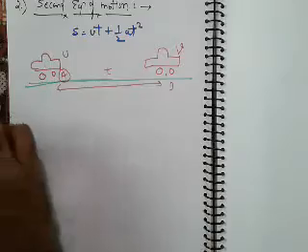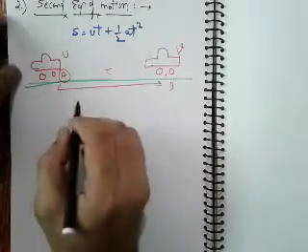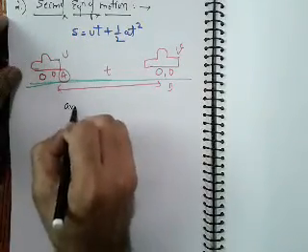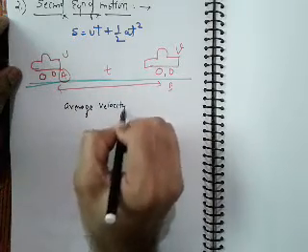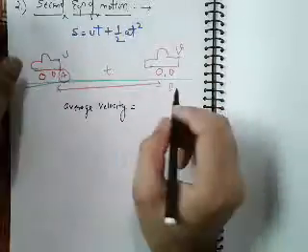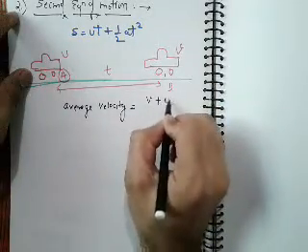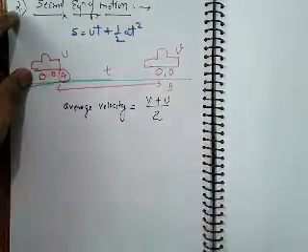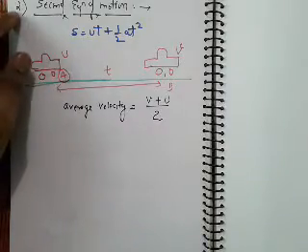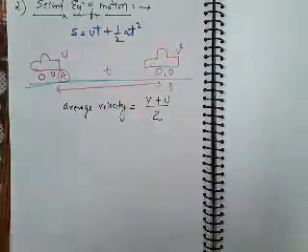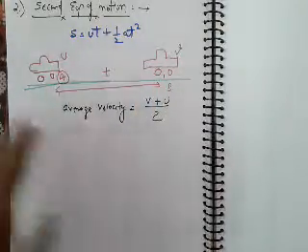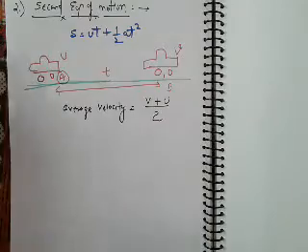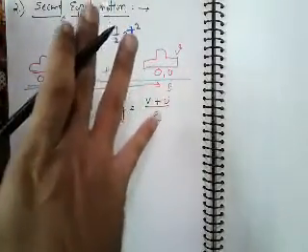Then the average velocity of the car, if someone asks what is the average velocity of the car, is very simple: final velocity v, initial velocity u, and you have to divide it by 2 because there are two values only. So v plus u upon 2, that's it. Final velocity plus initial velocity upon 2. This is the basic formula to find an average: final value plus initial value upon 2.